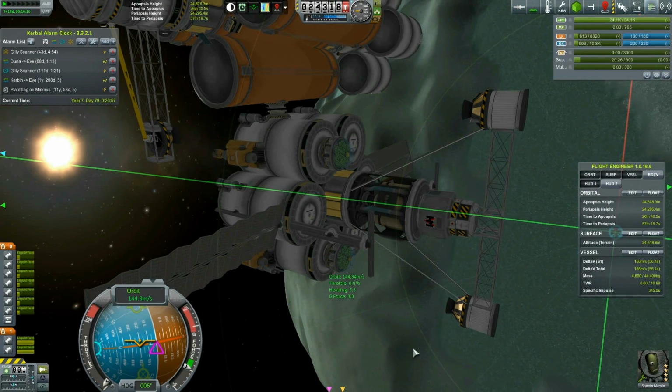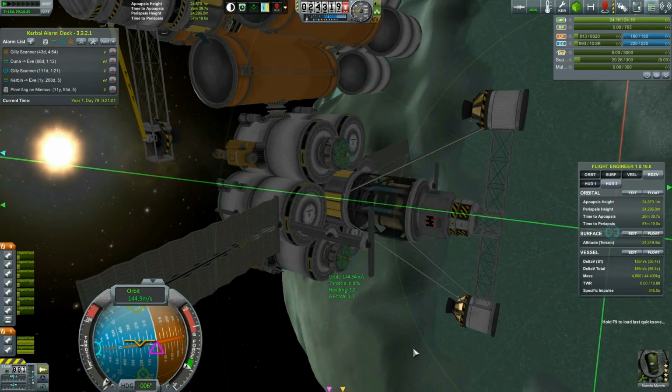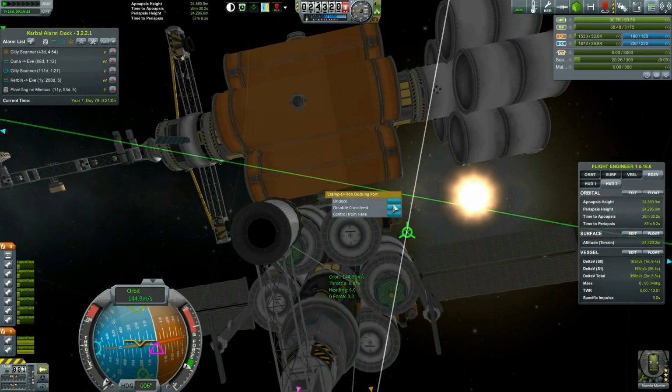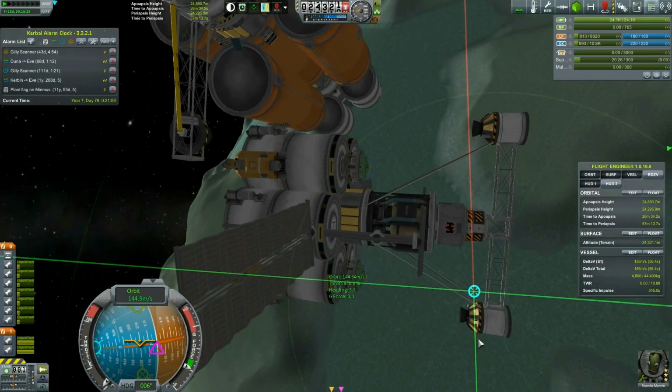So I'm going to hit F5 here, and then I'm going to hit F9 to reload. There we go. That's what I expected to see. And he redocked. That is hilarious. Actually, that's a trick. That resets the docking, obviously. Let's go ahead and... yeah,